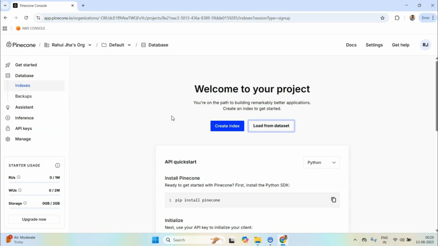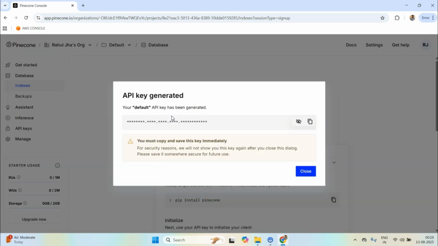Now I should talk a little bit about what the index is, but let me create the index first, because index creation takes a while. In that moment I'll be covering some other topics and concepts while the index is being created.